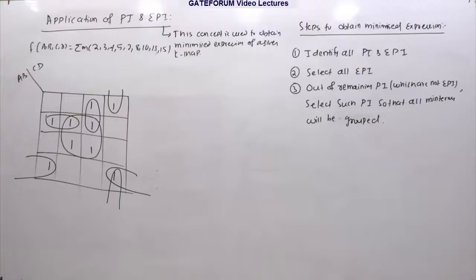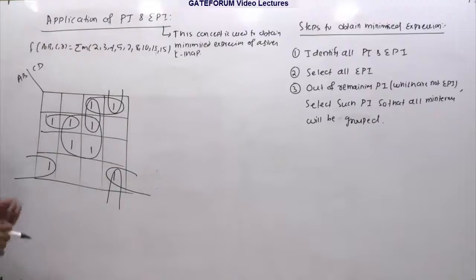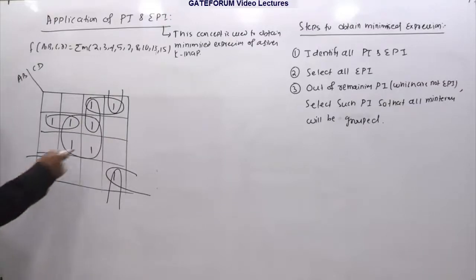Right? So now you should think: is any further grouping possible or not? So I should check for redundant grouping. Is there any grouping possible or not? One grouping is directly visible here, so I can go for this group. While making this group, I am making sure that I am not putting this group completely inside a bigger group. So this is another valid group. Can I think of something else apart from this? I cannot go like this, because if I do, I am putting a smaller group inside a bigger group. So that I should definitely avoid.